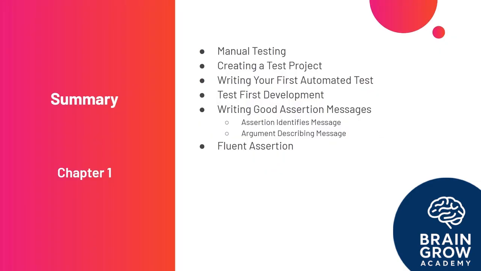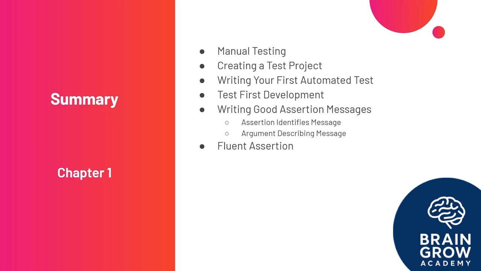The first rule of TDD is to write production code only to pass a failing test. Writing tests before writing production code is called the test-first approach. And in chapter 1, we have now finally reviewed the manual testing